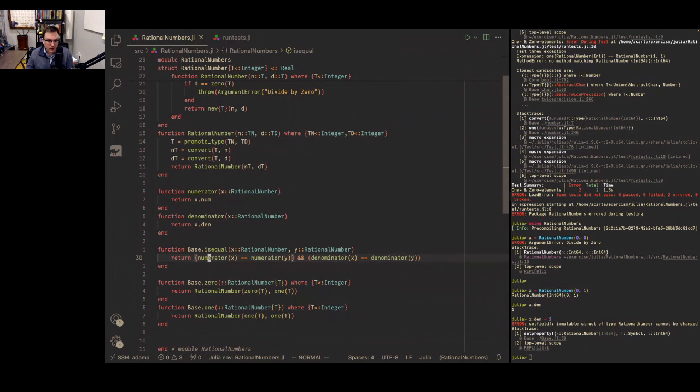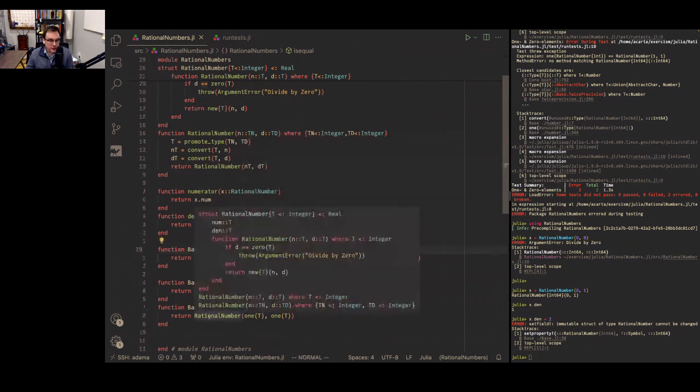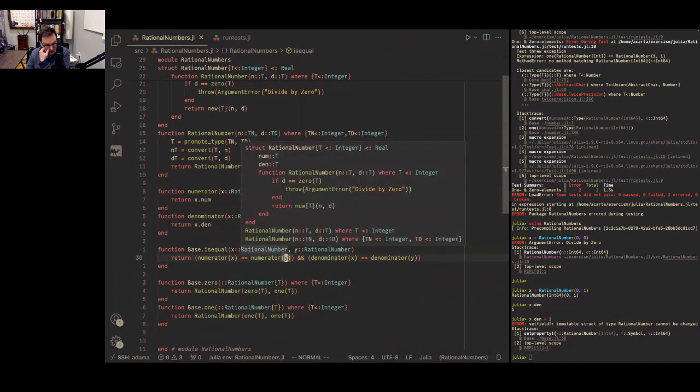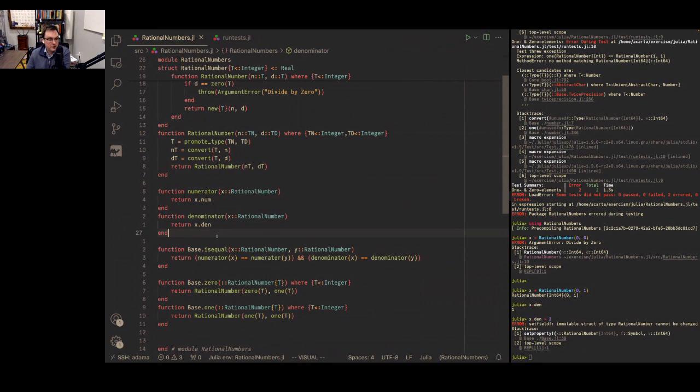We'll automatically know, the compiler will automatically know which method of this equals function to call here, because it will know what type this x and y are. Even though, right, the key difference here with how function definitions work in Julia versus C++ templates, is that I don't need to always include the type parameter here in order to make this parametric, right? This is equivalent to writing basically something like this,